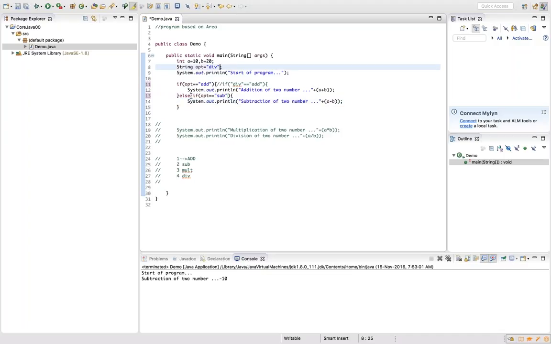If you want to see subtraction, then what is the result now? The subtraction. So first, start of program, plus A minus B. Yeah. So in the same way, you want to see